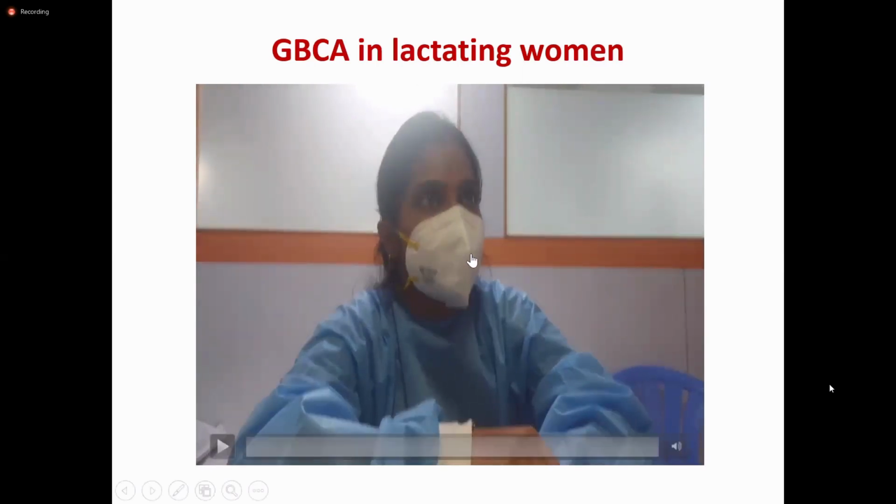So whenever a lactating woman needs contrast, you give her the option: she can feed the child and go ahead with the contrast examination, as there's no harm in continuing breastfeeding even after contrast administration. However, if the mother is still apprehensive and not convinced, give her the option of extracting and storing the breast milk, and tell her to refrain from breastfeeding only for 24 hours. That's more than enough because it will be completely eliminated from the system.